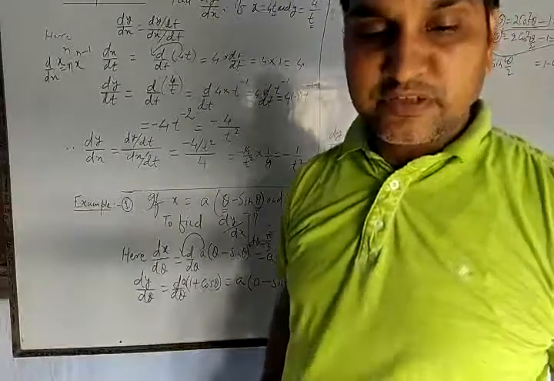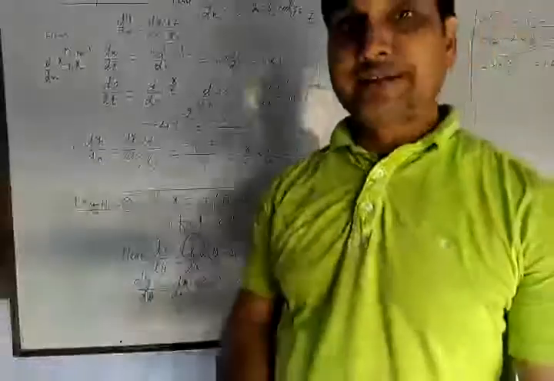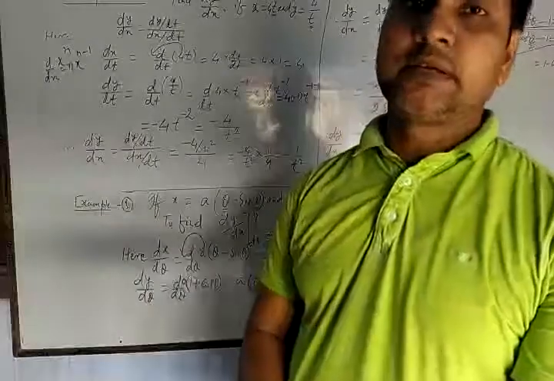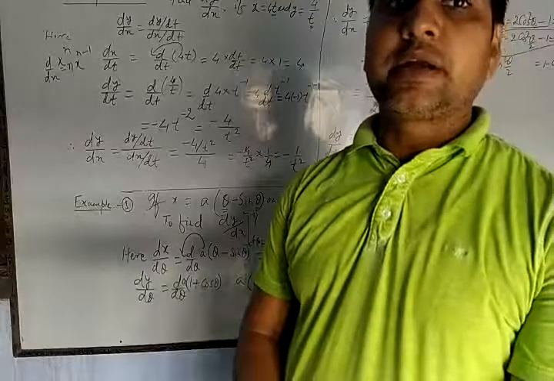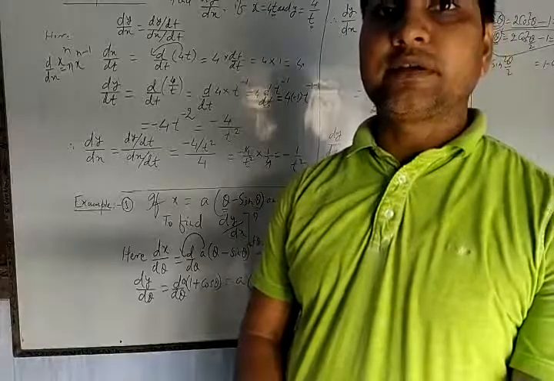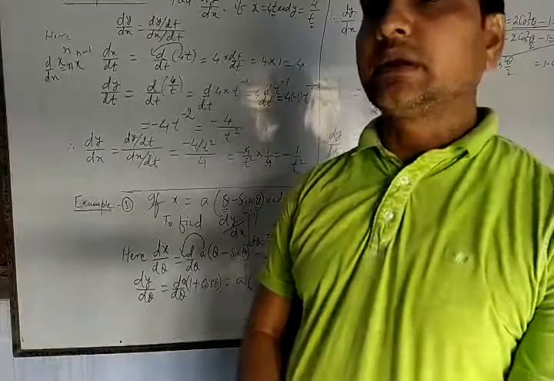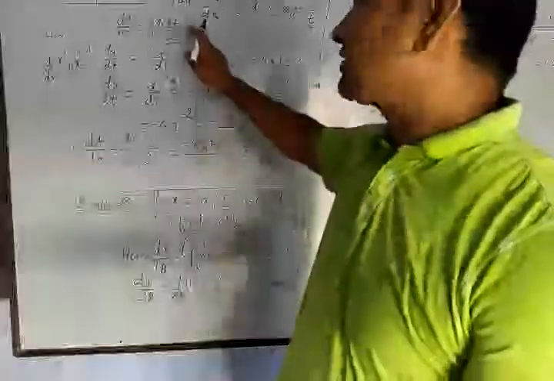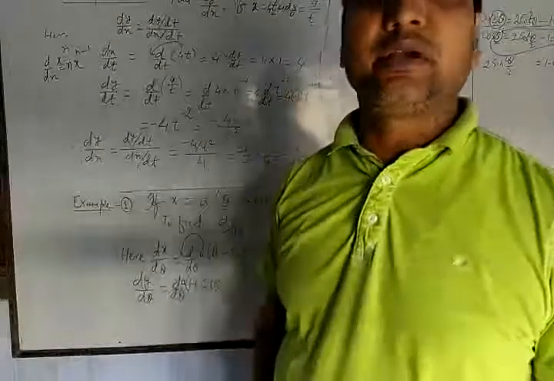So in this part of the video, we took 2 questions. We could understand, I think, what is the function in parametric form and how can we find its derivative with respect to that parameter. What is the parameter here on which actually the value of both the variables are depending.